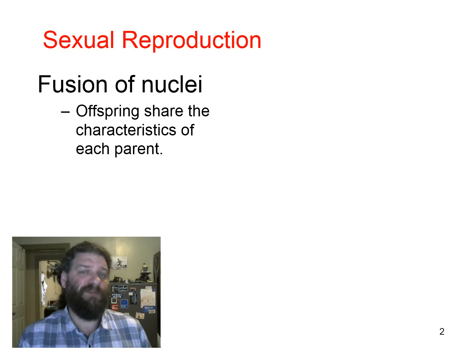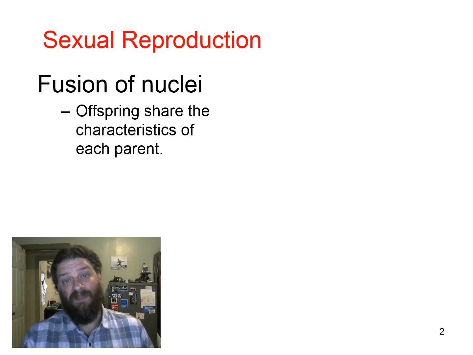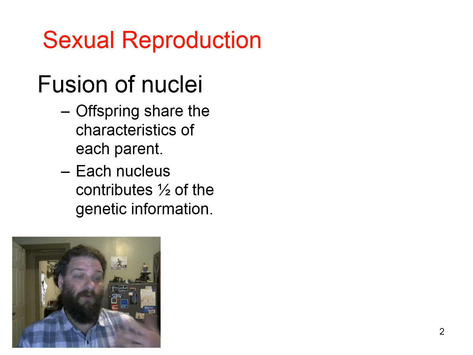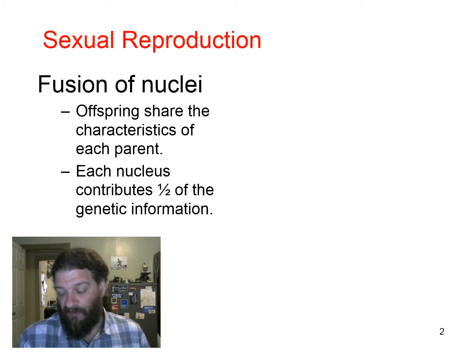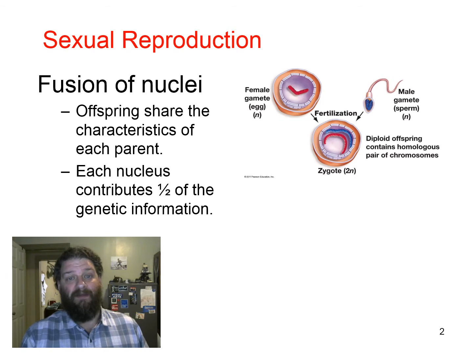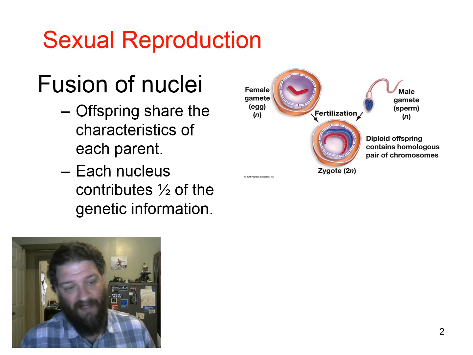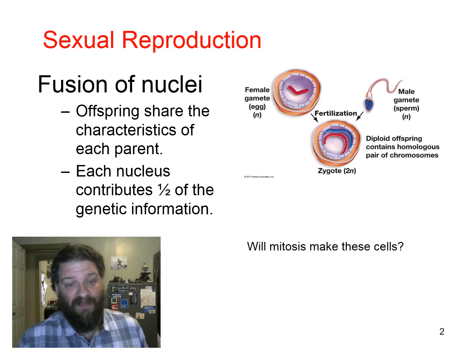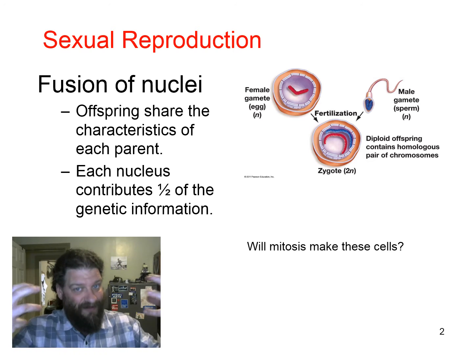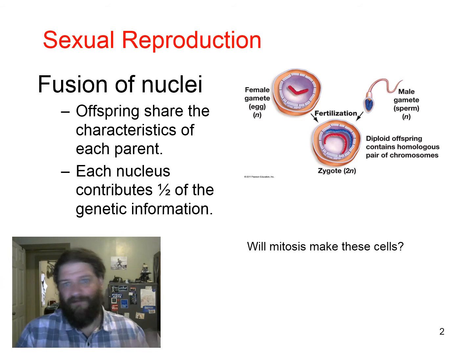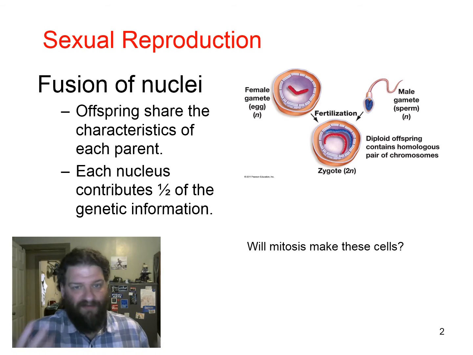And that means that we're going to have a special form of cell division that's going to yield cells that only have one half of the genetic component from each parent, so that you can put those together and fuse them in order to form your first somatic cell, your first body cell, called a zygote. Now, of course, it's not going to be mitosis that makes this, because if mitosis made these cells, you'd be adding full sets of genetic material together, and then your first body cell would have twice the number of genes that it's supposed to have, and that is a problem.